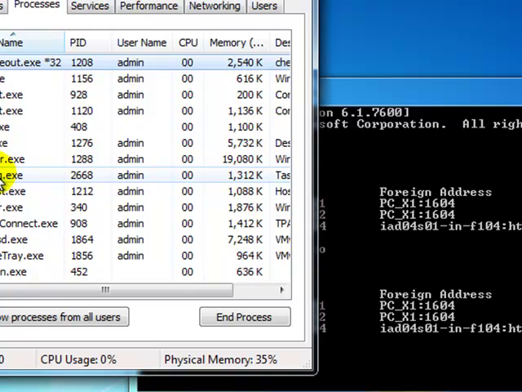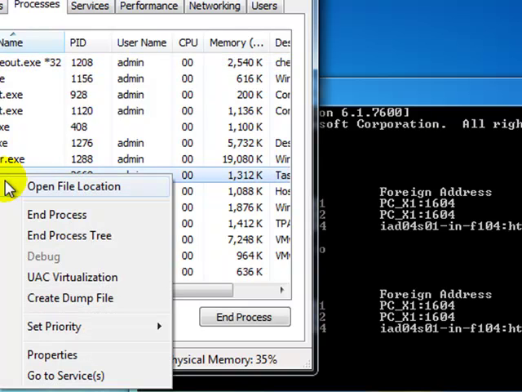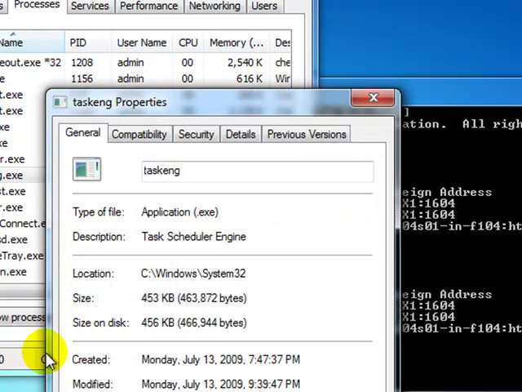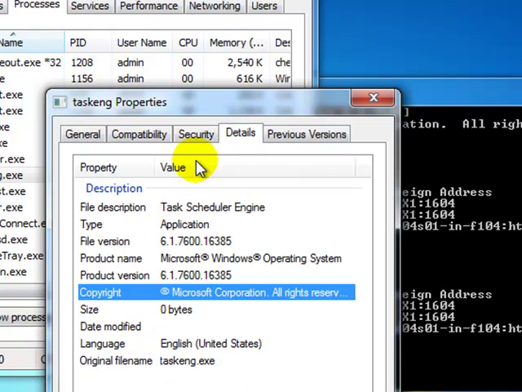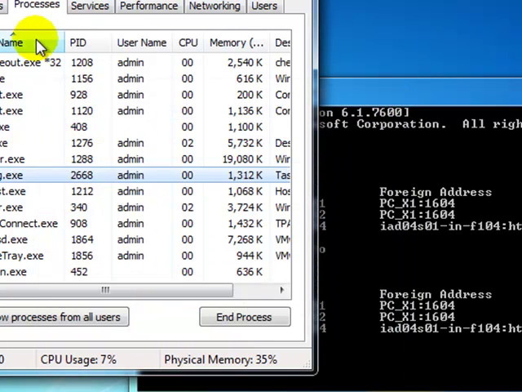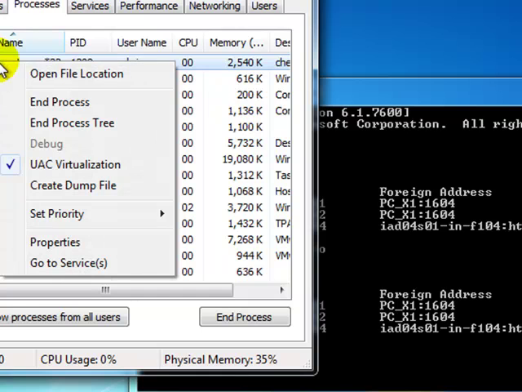On Windows Vista and Windows 7, if you right click on a process and you go to properties, you are going to have information about that process. Something that you want to pay attention to is this. So go to the details tab, and that's going to give you the information of that specific process. If it is signed by a CA, the certificate authority, where the software came from, the version released, and so on and so forth. For instance, you can see this belongs to Microsoft, and you can see all that information. If you come to this file that I created,